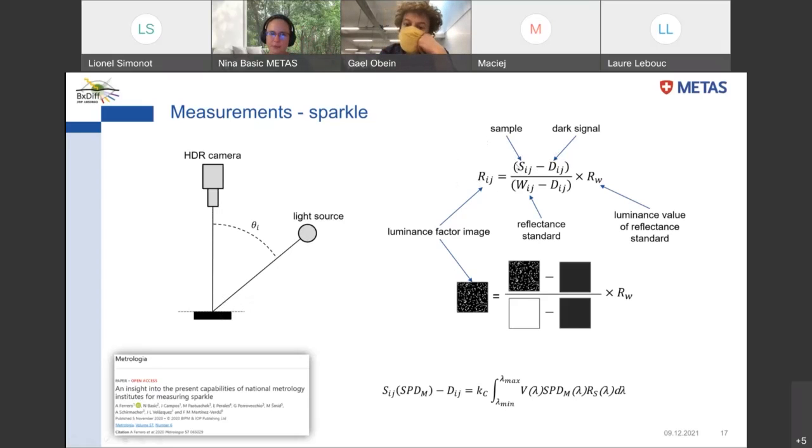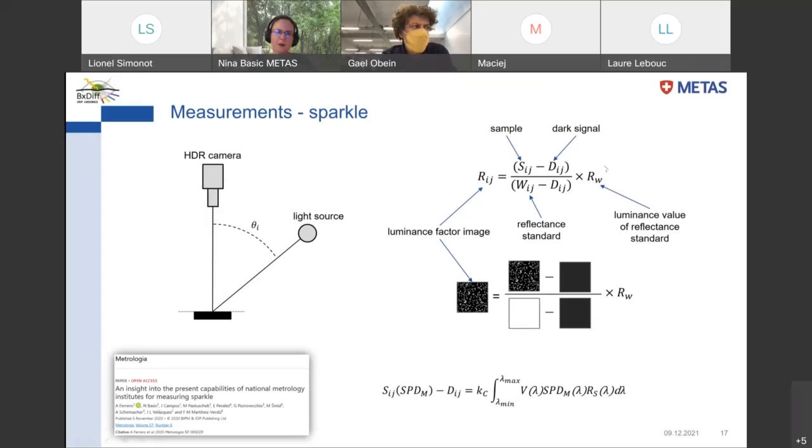We subtract the dark signal, and then we divide everything by the reflectance standard that is also subtracted with the dark signal. And then in the end, we multiply this with the luminance value of our reflectance standard,